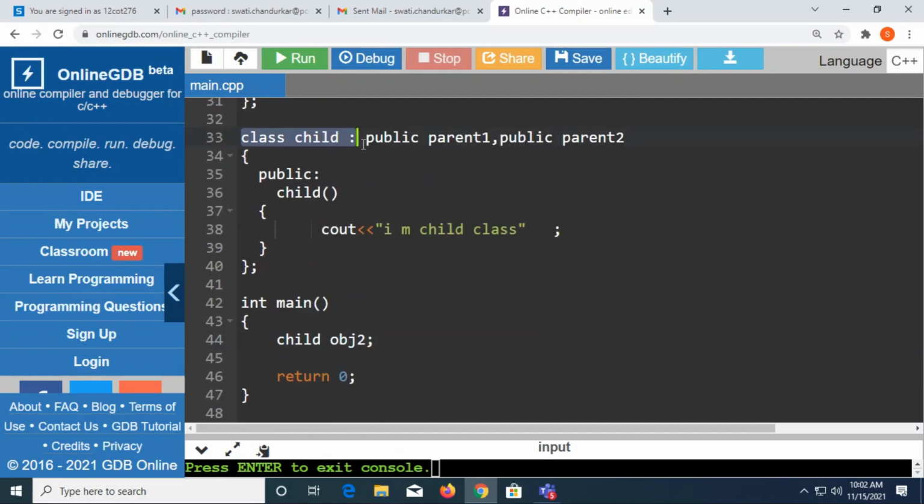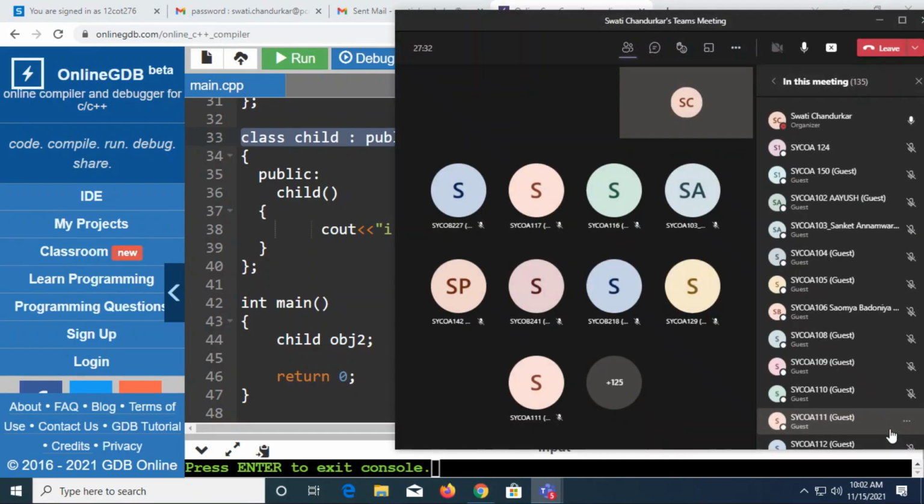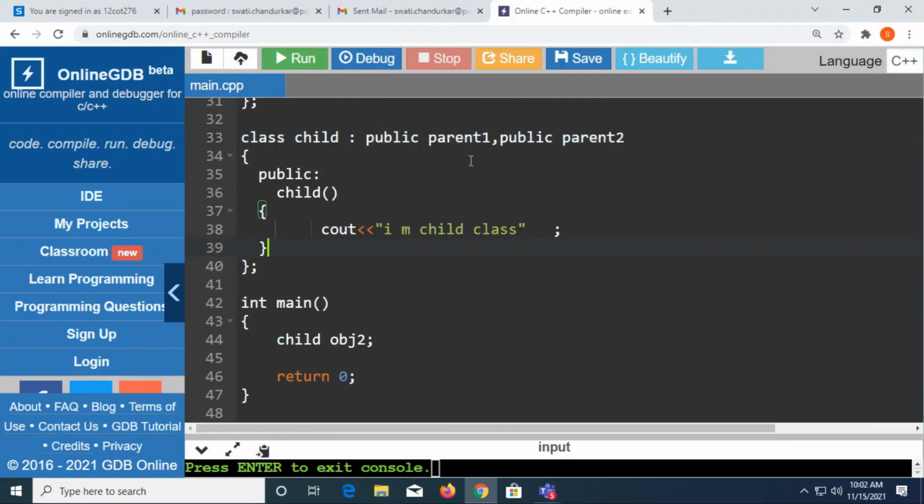Now what we are doing? In the child class, if you can see, what is the syntax? What is the syntax? Multiple inheritance. Very good. It is multiple inheritance. Fine. It is separated with the commas, and there are two classes which we had specified. So two classes are the parent classes here, and from these two classes we are deriving one child class. Fine.